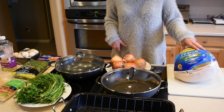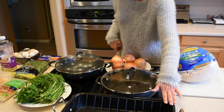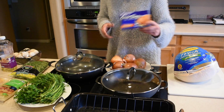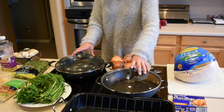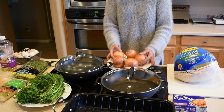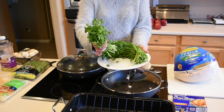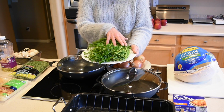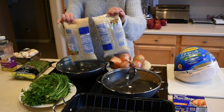You will need your 20-pound Butterball turkey. This is the one I always cook. You will need the pan for the turkey, oven bag for the turkey as well, 2 pans that you can cook in at the same time, 5 large onions, a bunch of parsley, and a bunch of dill that is about 4 times the size of the bunch of parsley, 2 bags of sauerkraut,